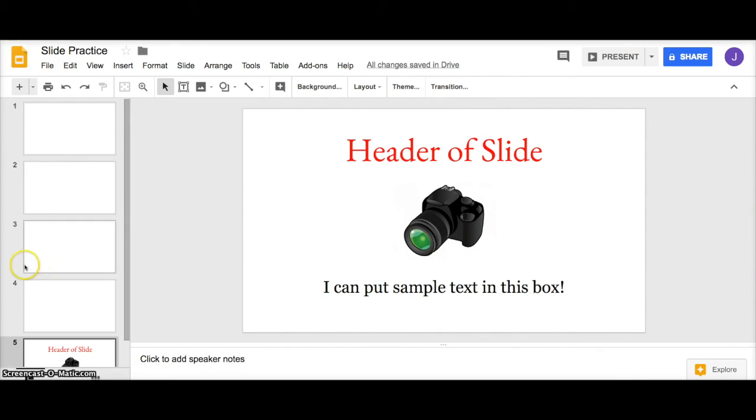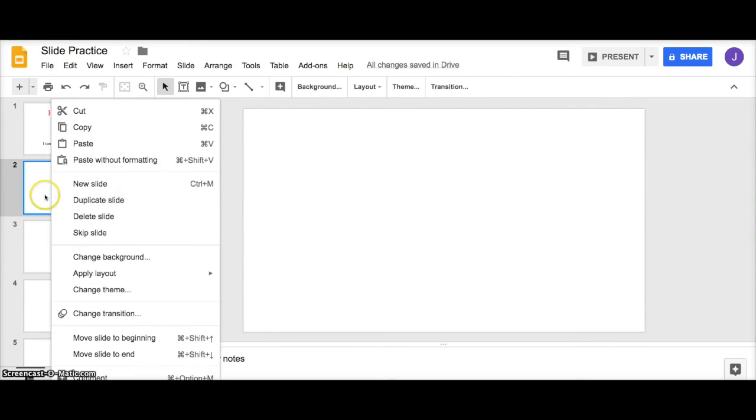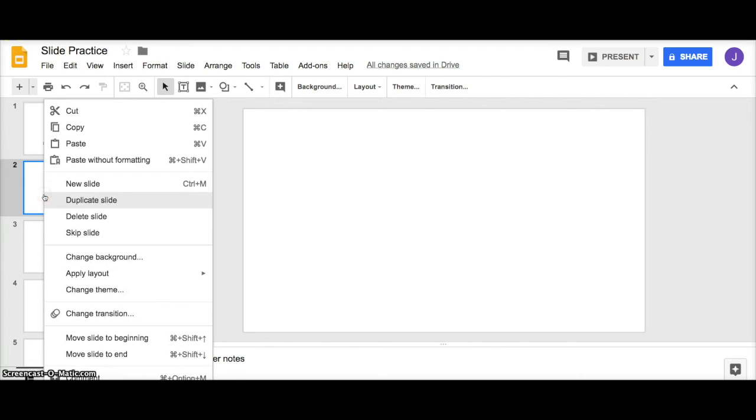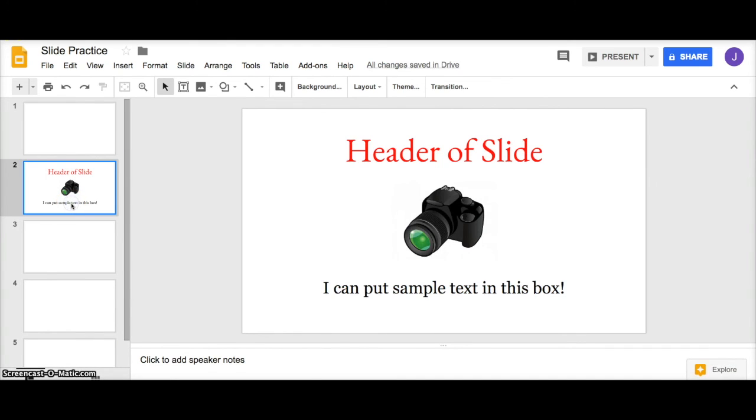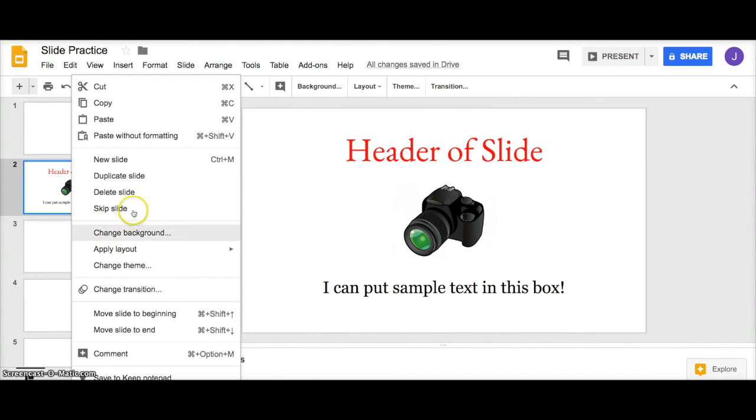Now, here's a neat little trick. See, this is slide number 5. I wanted that to be the beginning of my slideshow. So I'm going to grab that. I'm going to click on that, hold down my left mouse button, and I'm just going to drag it up. Okay, very cool. You can also do it this way. I can right-click this one, and I can move the slide to the beginning, like that. But this one, I'm going to click on it, right-click, and I'm going to move the slide back to the